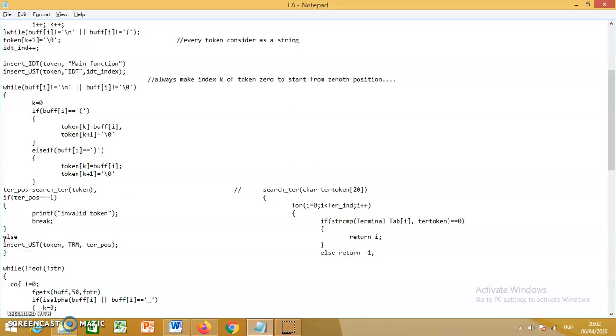If it is -1, then it is an invalid token and you have to just break from that. Otherwise you have to put it into the uniform symbol table by passing the insert function, insert UST, that token, that is left parenthesis or the right parenthesis, marked as a terminal by enclosing in double quotes because it is a string, and the position of that terminal. Once you complete this first line, that is main, left and right parenthesis, then you have to read the second line. While reading the second line, you have to check whether the file is ended or not. That is end of the file, by using not equal to end of file, fptr, till